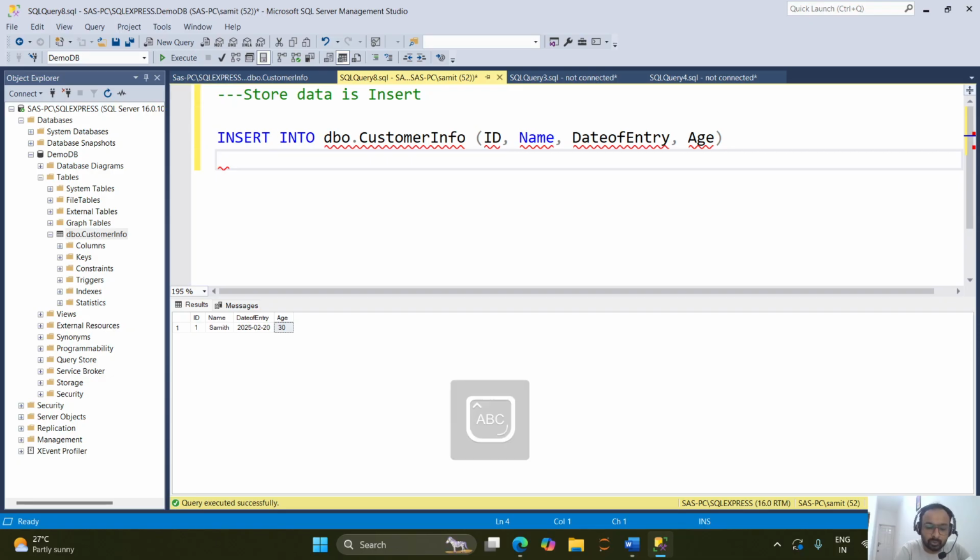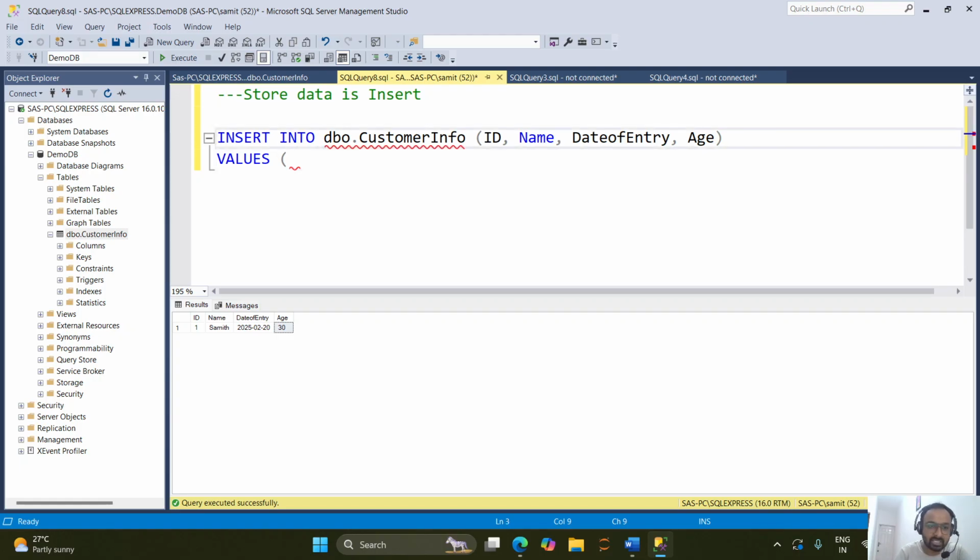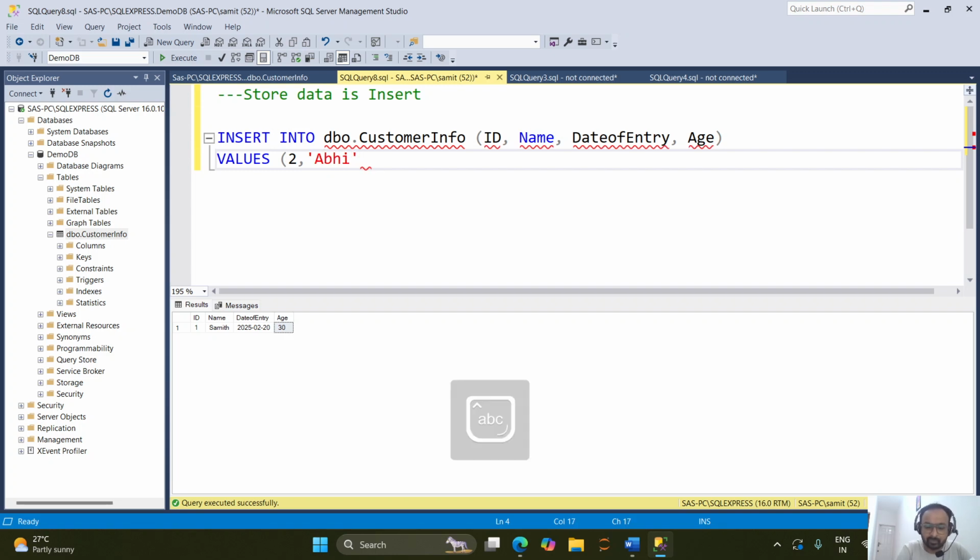So now you tell the system what values you want to insert. You said you wanted to insert by writing insert into, and you also told SQL which table you wanted to insert into, and these are the columns I wanted to insert, right? So ID I'm setting it to, and I need to give a name. So Abhi, and date of entry I will give